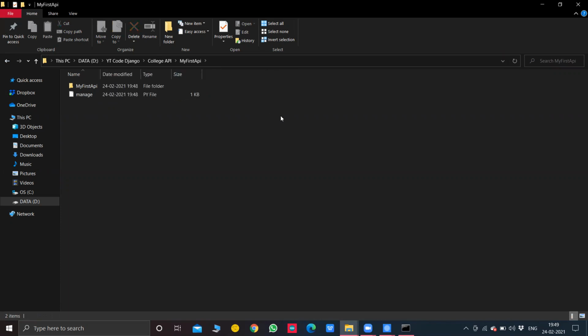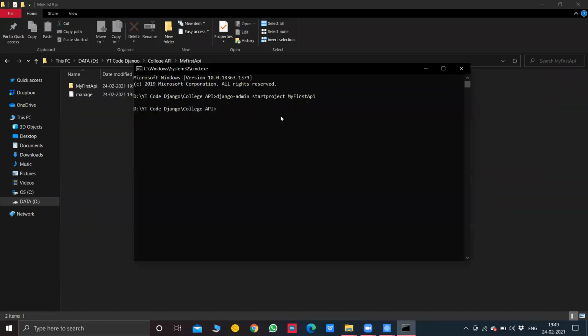In order to come here, you will type cd and then the project name, myfirstapi. Now, when you are inside this project directory, there are two ways to create a Django application. That is django-admin startapp and then the application name. I will give the application name as college because it is a college and student API.